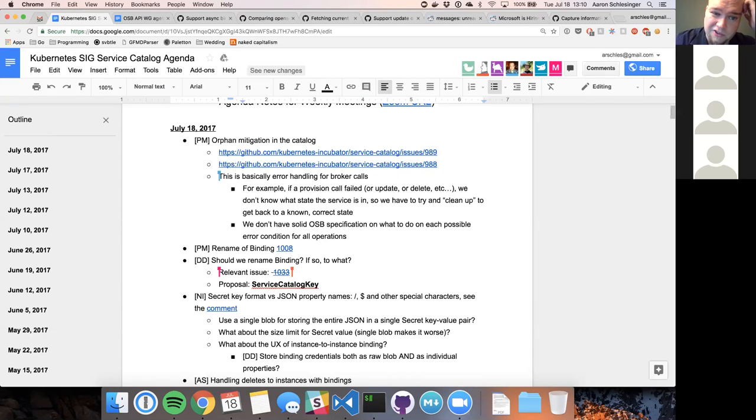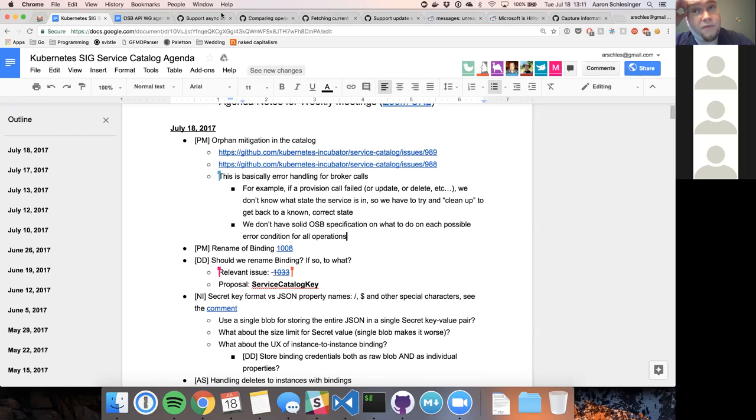It seems to me like it should be pretty cut and dry. I'd just like to get everything merged into the spec before we make additional changes for this. Yeah, no, I apologize. I wasn't clear on my question. What I meant to ask is, is there anything we can do in the service catalog today before those spec changes go in? Yeah, so one thing is that I already have a pull request open to stop retrying